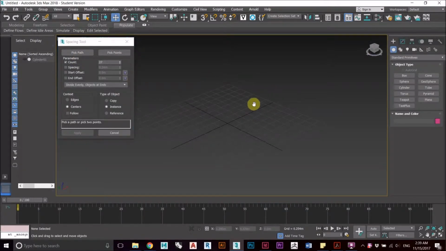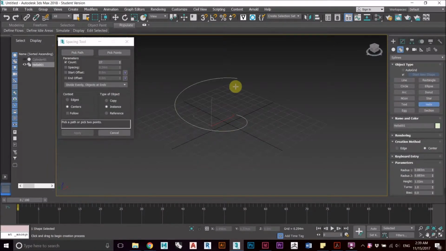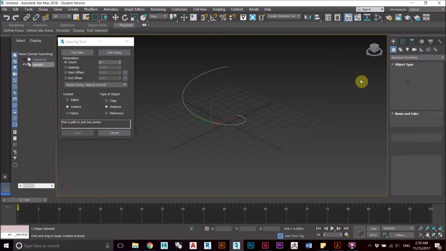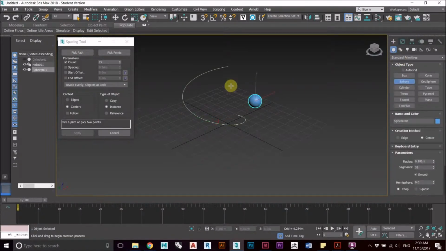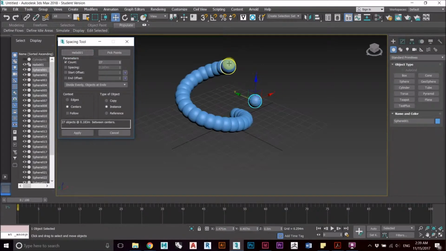For the spacing tool, we require a curve and also a geometry to morph onto this curve. So let's start by creating a simple helix for the curve. Okay, this is basically how we wanted it. And then we're just going to use a simple sphere to match onto the curve. When we have the sphere selected, we can go Pick Path, then it will automatically update itself onto this